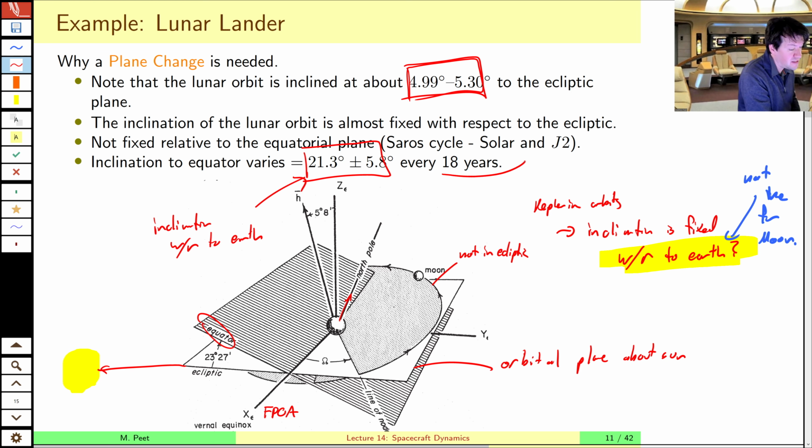And its period is 18 years, right? So it goes up above the ecliptic, and it comes back down below the ecliptic, and it does so every 18 years. That's because it's precessing about this ecliptic. So it's like a top. It precesses every 18 years. Right. So some years, consequently,